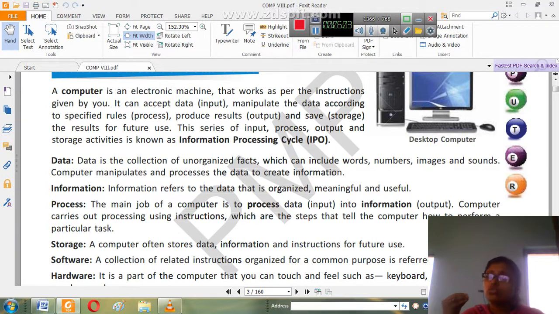But you basically understand that software is the collection of related instructions for a particular task to be accomplished. And hardware are the parts, maybe this mouse, your keyboard, your monitor, anything that you can touch and get a feel for, so that is your hardware.